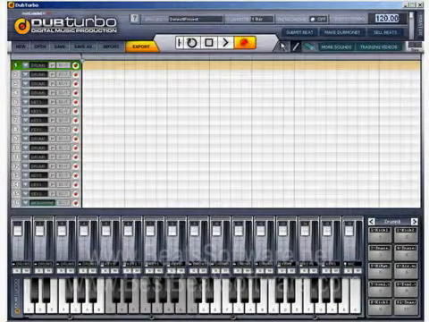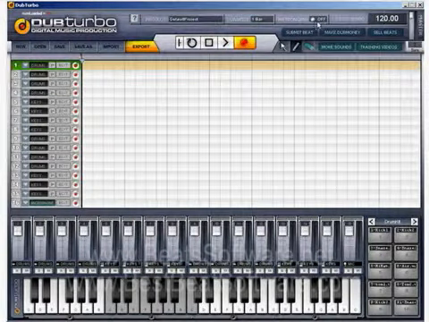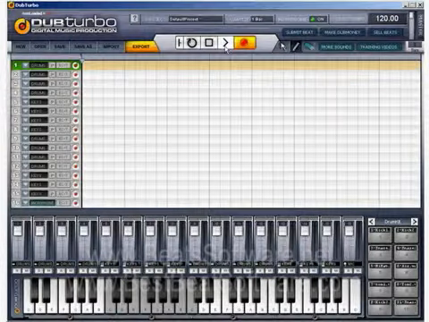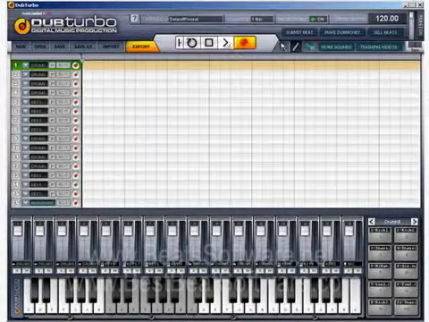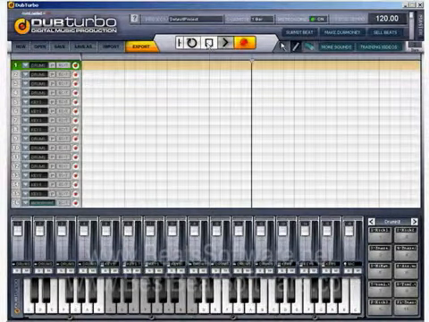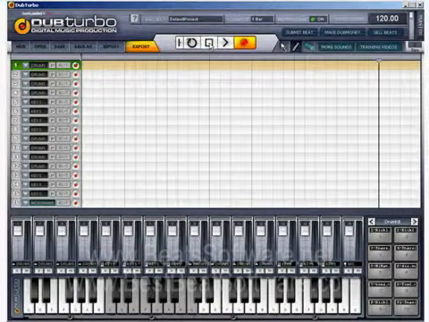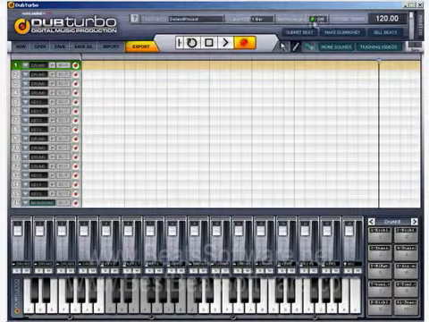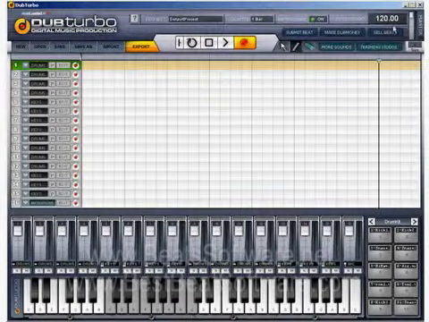Up here is pretty self-explanatory. It's your BPM. Right now it's at 120, and if you turn our metronome on, which is right here, you'll get a tick. If I press play right now, you'll hear a tick at 120 BPM. Okay, it's over a blank canvas, nothing's in there. That just gives you sort of a metronome to follow and bob your head to